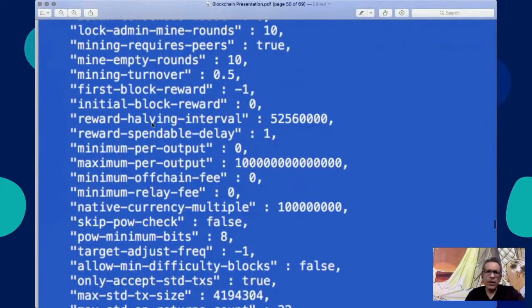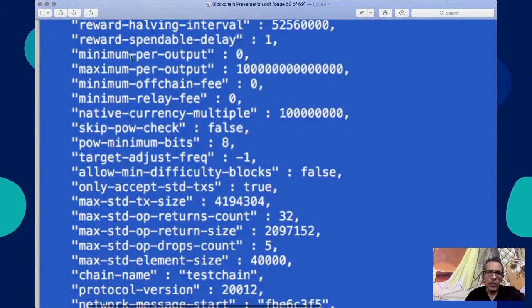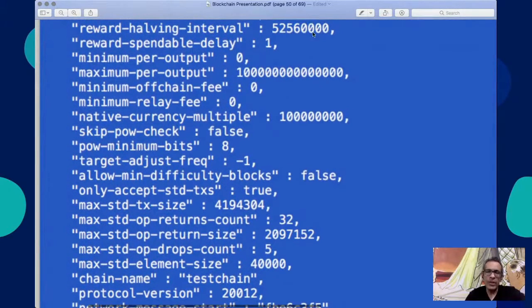Okay. So you remember we spoke about in Bitcoin every 10 minutes, the reward, every 4 years, the reward is reducing in half. So it started with 50 Bitcoins per block and it's gone down to 6.25 and slowly it will become 0. That is set up here. Right on top, do you see reward halving interval? So in seconds, you can set up that interval also, that after how much time the reward should become half.